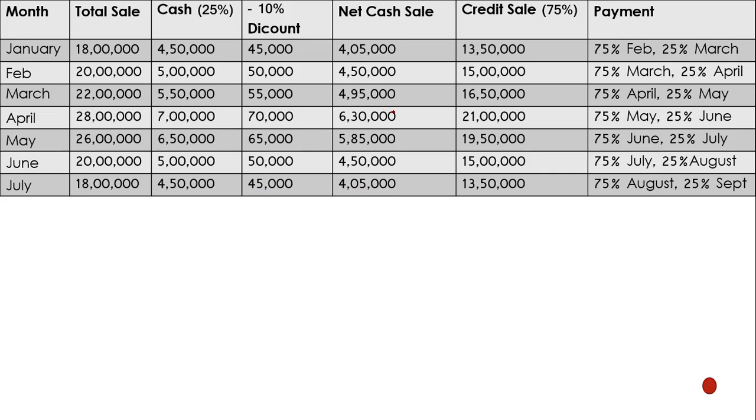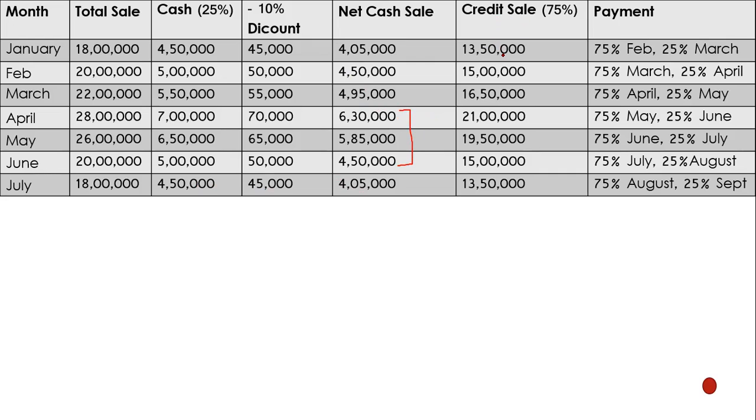Now we are making the cash budget of 3 months, April, May and June. So we will consider the net cash sale of April, May and June. These 3 sales will come in the cash budget. Okay, we will mention these 3 amounts. Now we will find out the